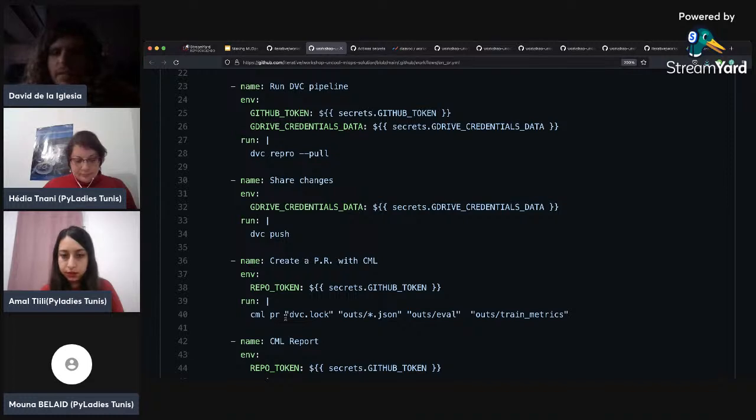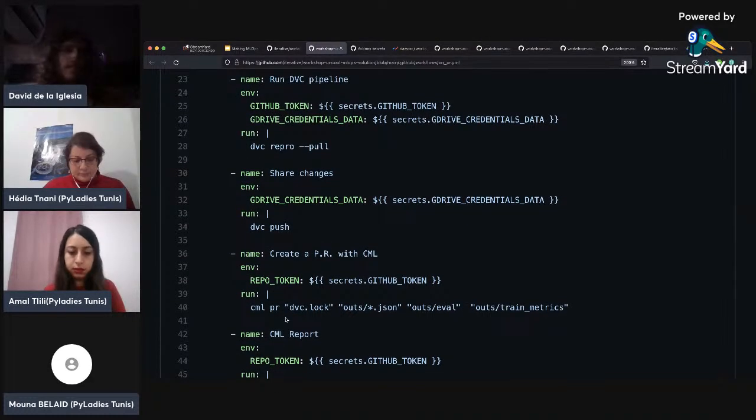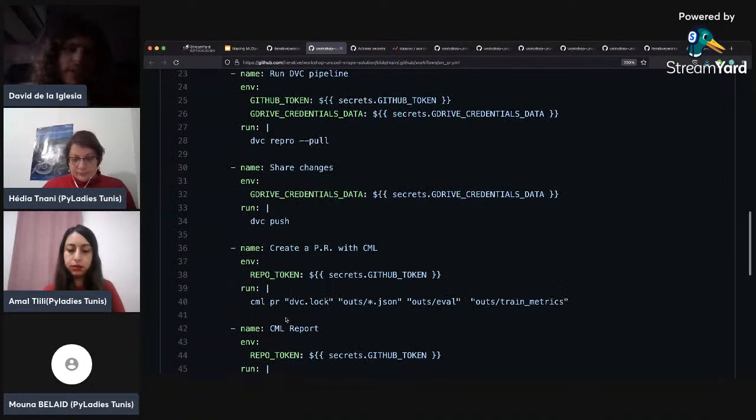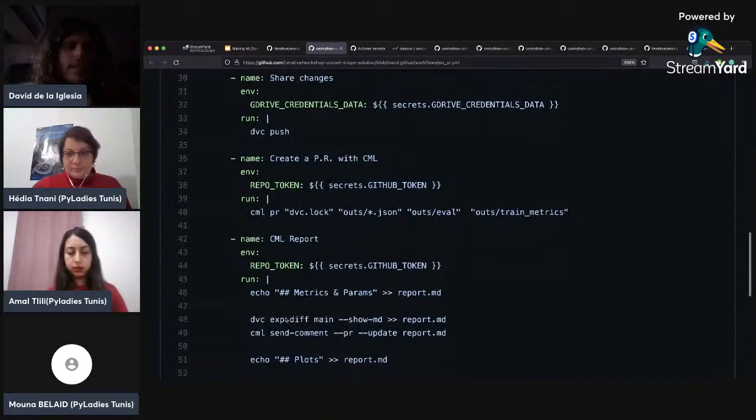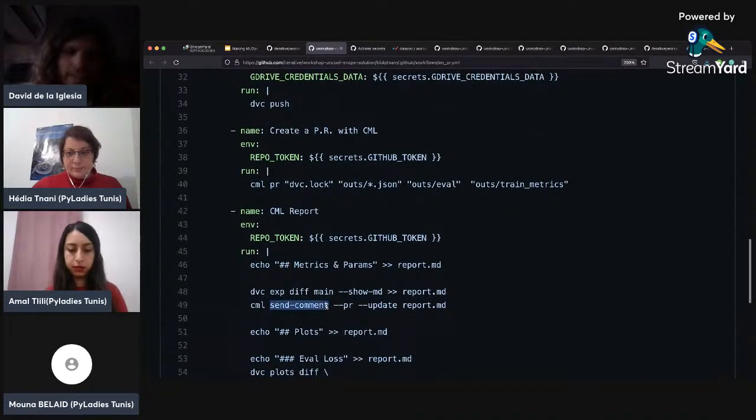Because not every time you want to merge the changes in your main branch, for example, if the training has not been successful. So after that, another utility that CML provides is this CML send comment function that allows you to post a custom markdown report in the PR that was created before. So let me show you